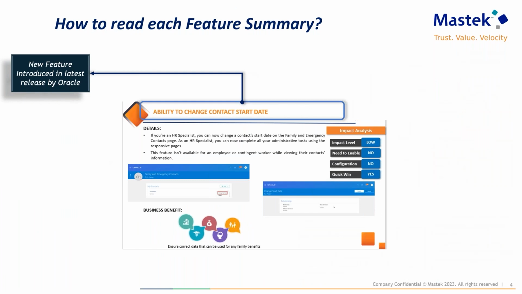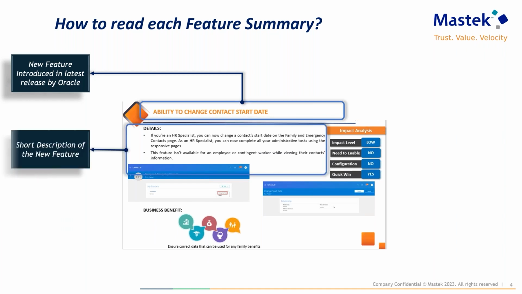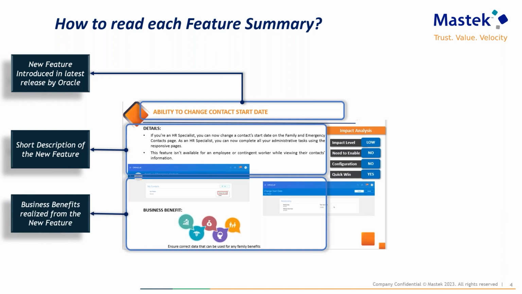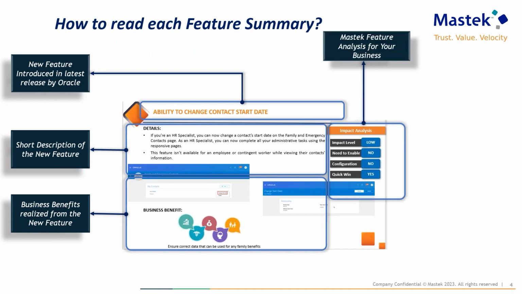So this is to give you a glimpse of how we have crafted the structure of this session. The first thing you see is a list of new features coming into 23C. Then the detailing on features, so you get a brief understanding of what the new features are about. The next one is the business benefits, an important takeaway for you as a decision maker. There are 4 components where we have done in-depth analysis of the features which we're going to present to you